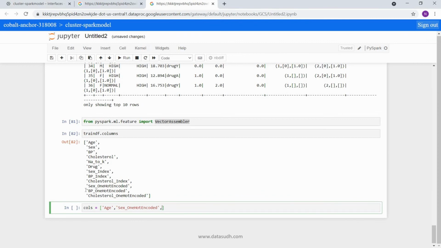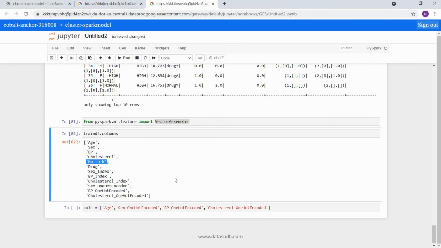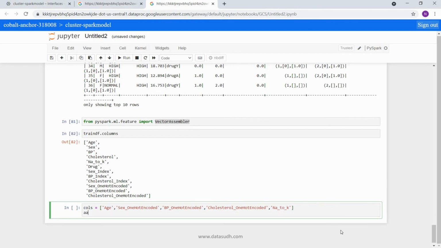Then similarly for blood pressure, okay. Then similarly for cholesterol, okay. And finally Na to K. So drug is not our feature variable, so we will not be passing that. So these are the final input columns which will go to vector assembler.